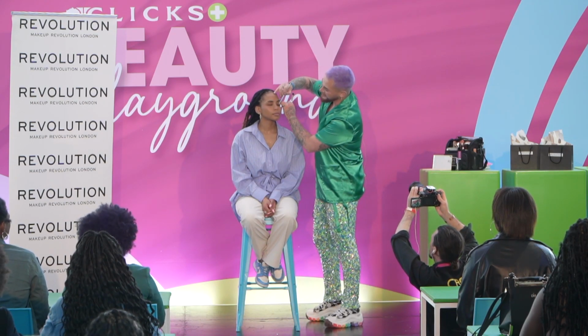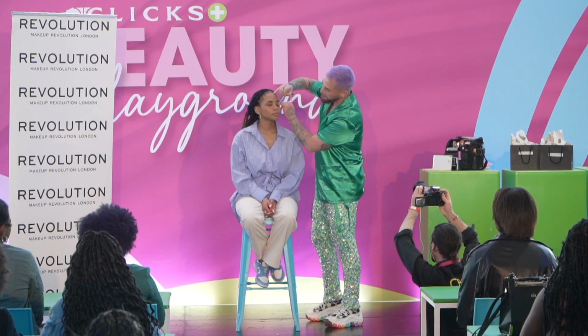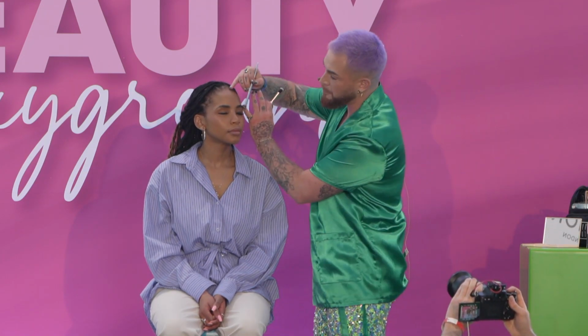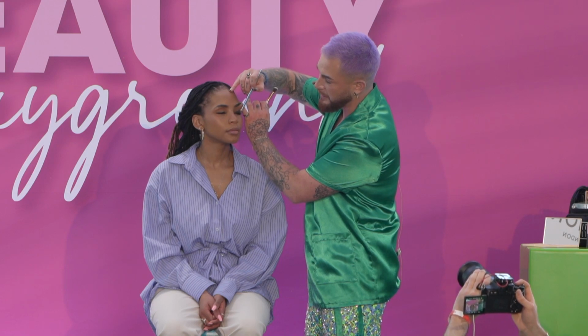And we're just putting it in here, and I am literally just pressing that pigment as close to the lash line as possible. Of course, for me, it's easier because I'm coming in from that side. For you, you're just going to come from the bottom and just literally press it. Again, we want to remember the trick. Where I'm placing the pigment first, that is going to be my...